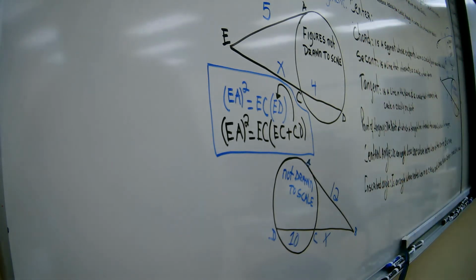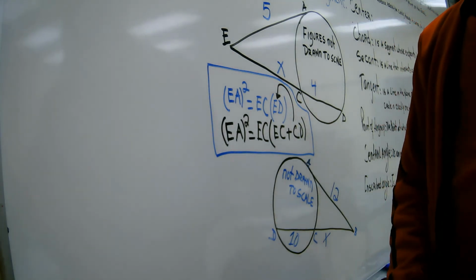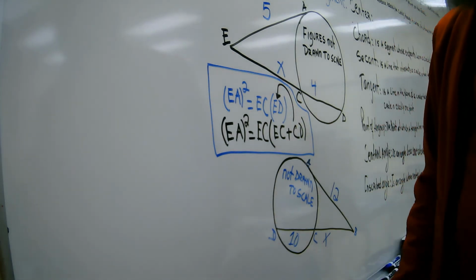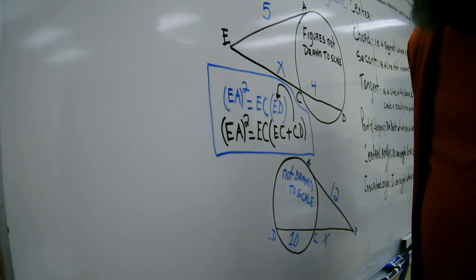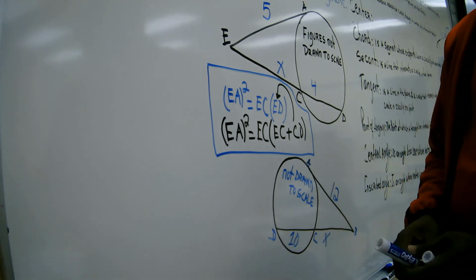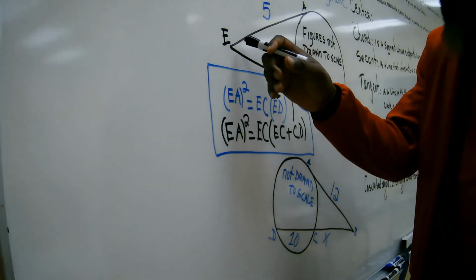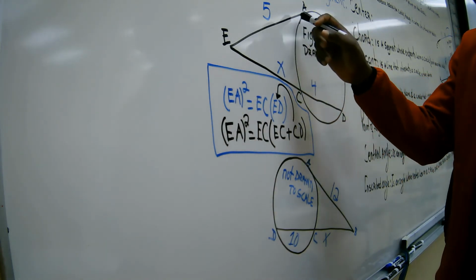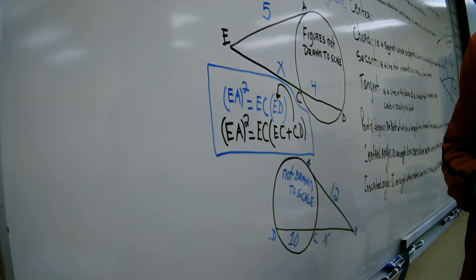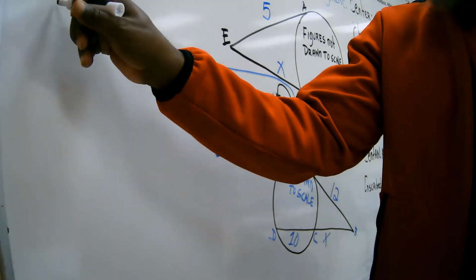It looks like Chinese, so that's how math is. The theorem looks like Chinese, so as a teacher you have to come and break it down. In this case, what they're telling you is, if you have a tangent and a secant, you're going to take the tangent, whatever the tangent is. In this case, EA is the tangent. You're going to square AE, whatever the expression of AE is, you're going to square